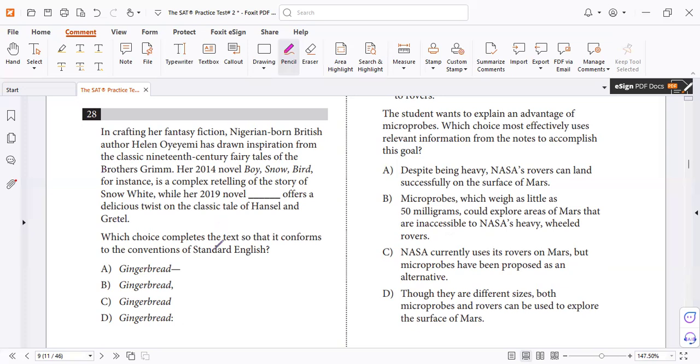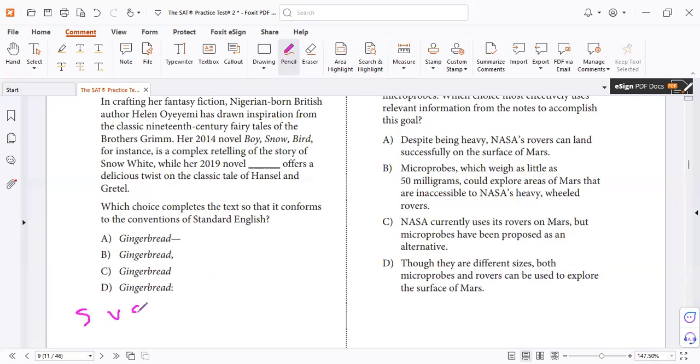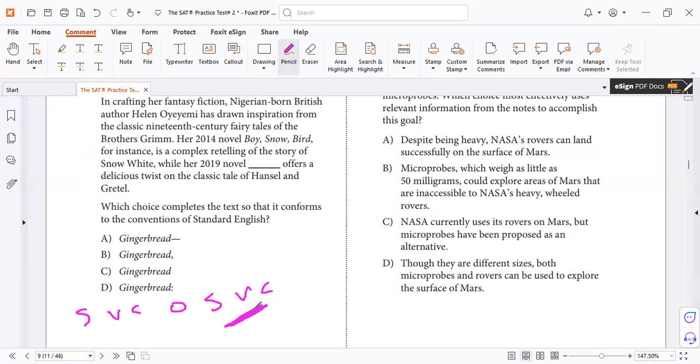Let me help you quickly. Do you remember this structure? Clause, subordinating conjunction, clause. We test you for the second clause, this clause. So your eye is only here. Do you imagine how? Yes, we test you for the second. Now the novel is a subject and the offers is a verb. Don't separate the subject from the verb by only one comma.